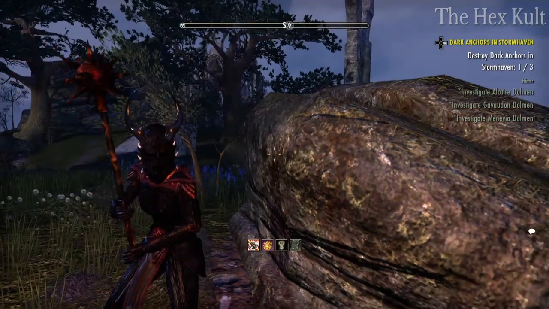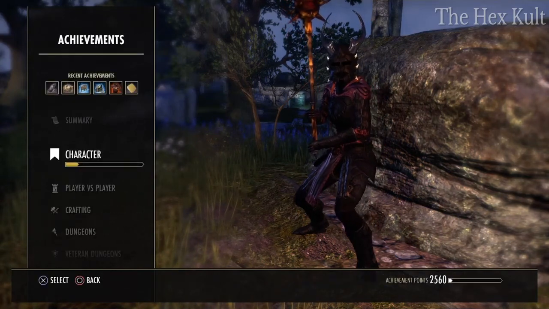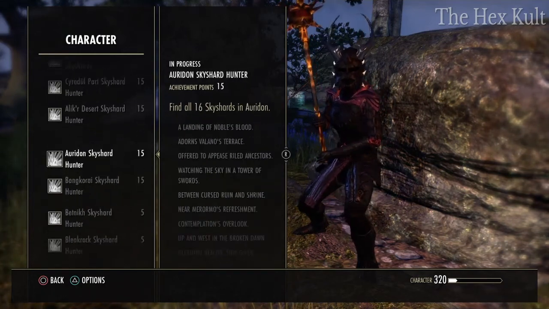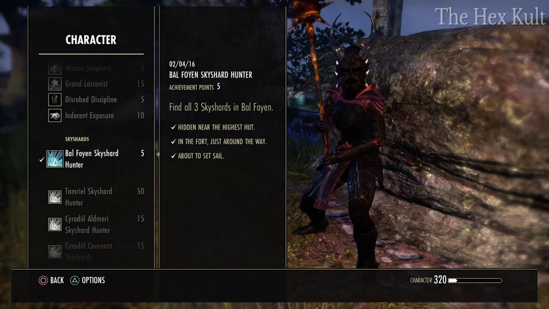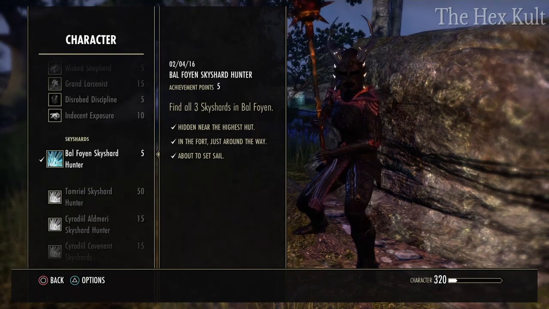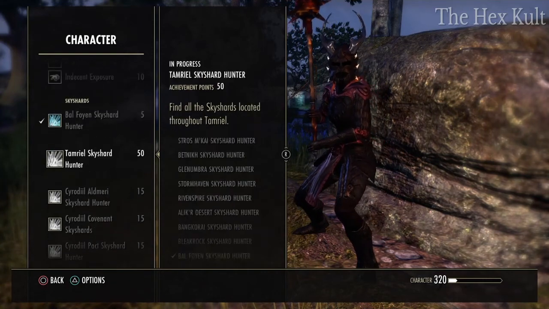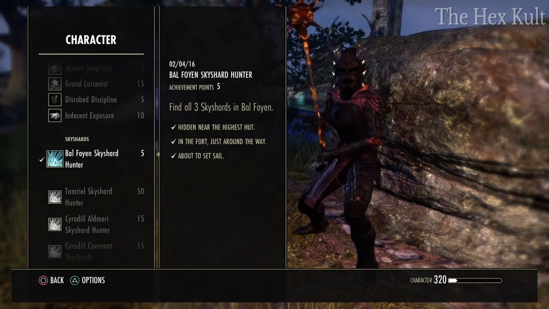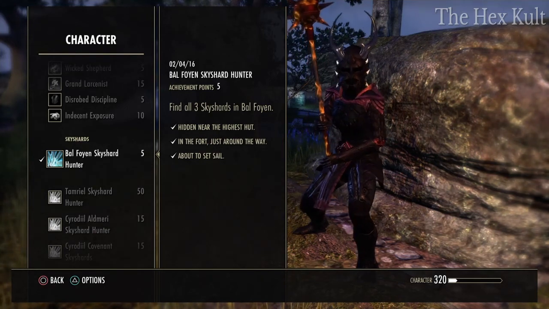If you go to your journal, and then you go to achievements, and then character, you'll find a section. If you scroll down all the way till you find the Sky Shards section, it will give you hints on each section to tell you where a specific sky shard is at. So as you can see, I found all 3 in Bal Foyen,